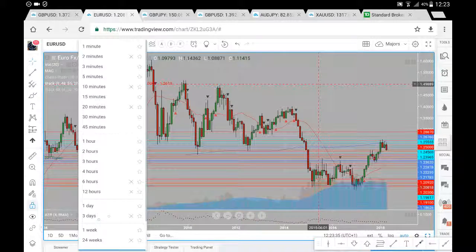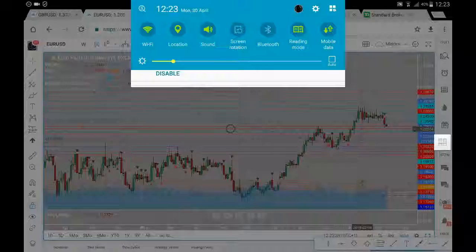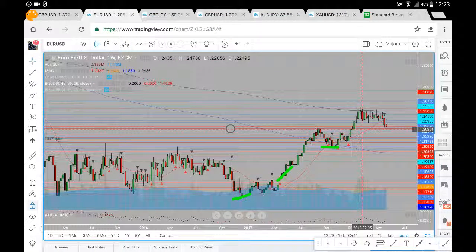We'll have a brief look here at the weekly chart, and as we can see on the weekly chart, we had a series of higher lows, had a brief pullback, break to the upside, running towards a 400 period moving average here. We were forming a bit of a flag, and I was expecting a break to the upside, but we do appear to be breaking down from this flag. We closed beneath these lows just here,